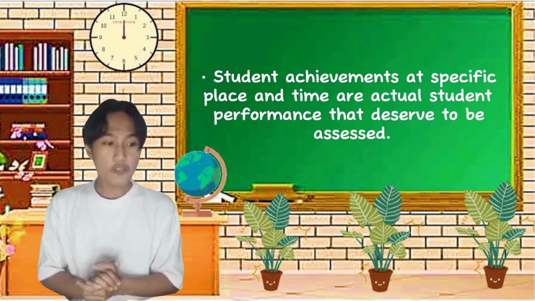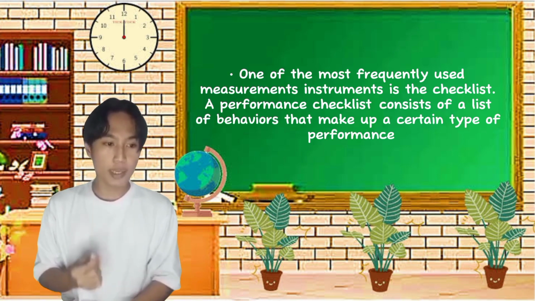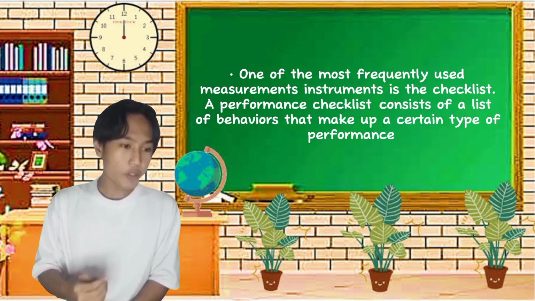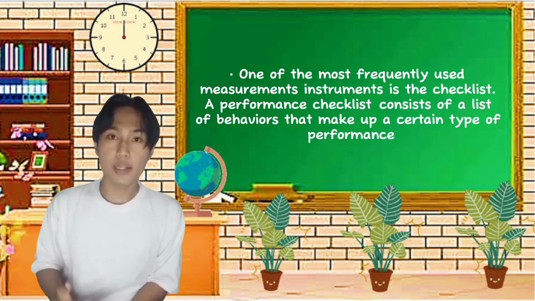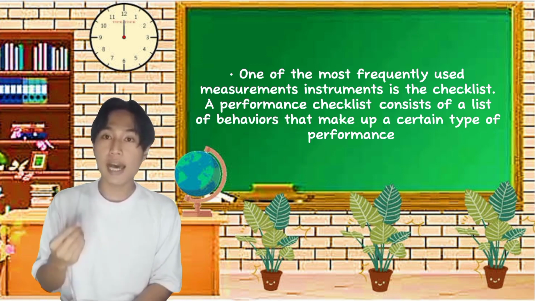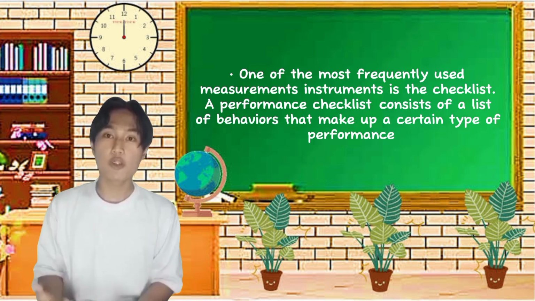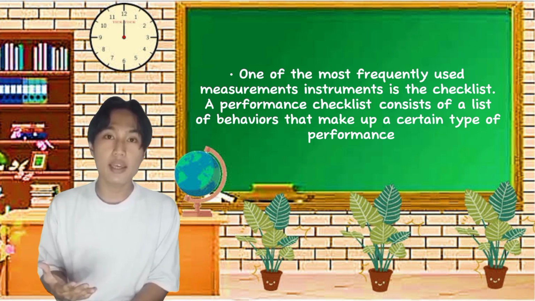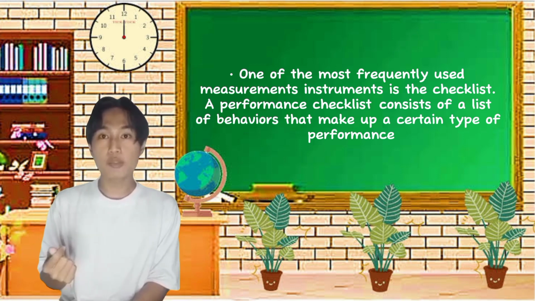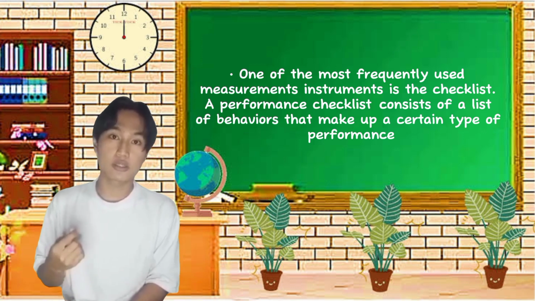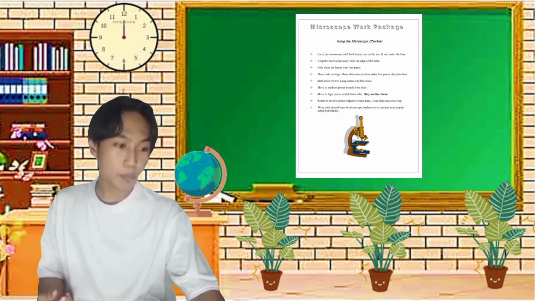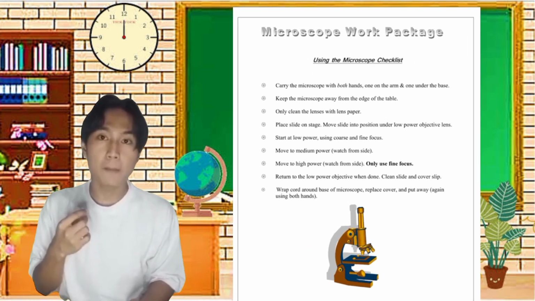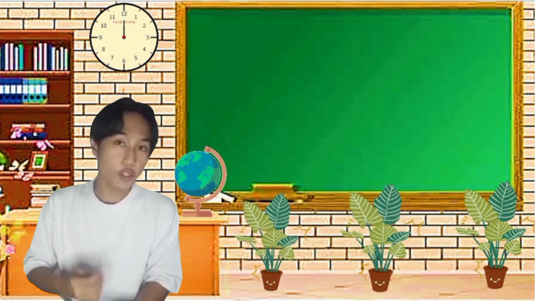Okay? And one of the most frequently used measurements instruments is the checklist. So a performance checklist consists of a list of behaviors that make up a certain type of performance. So pag ginhambal na checklist, muna siya ang listahan sa performance or behavior sa mga estudyante. A checklist is a simple and effective way to evaluate and document student performance based on specific criteria or skills, no? And an example here is checklist for using a microscope, preparing a letter, solving